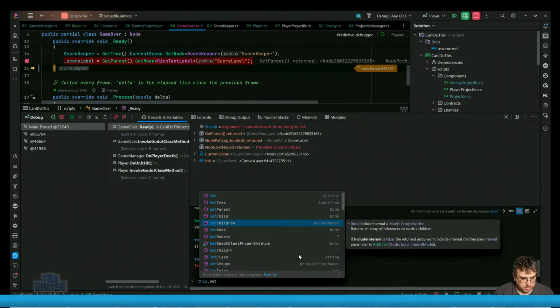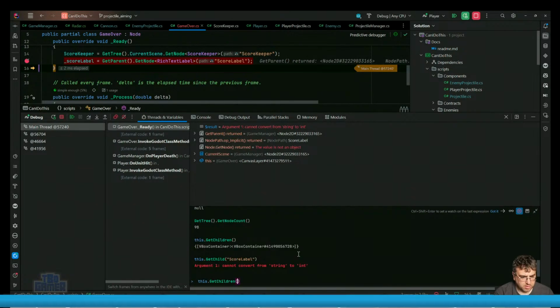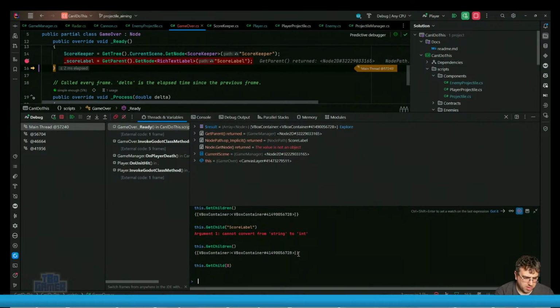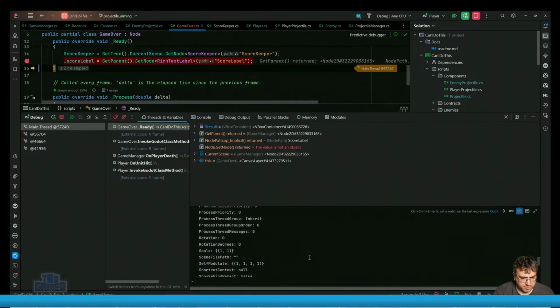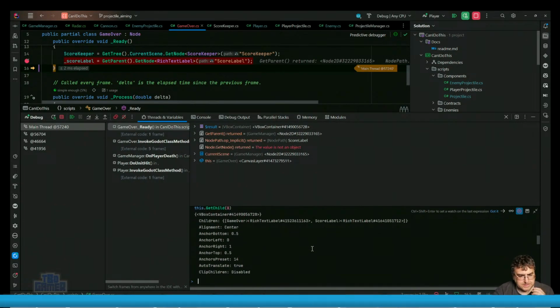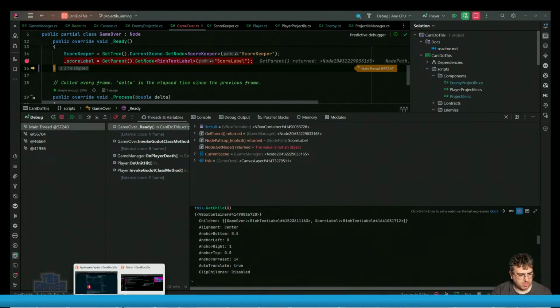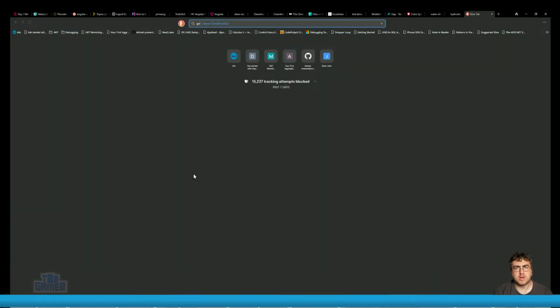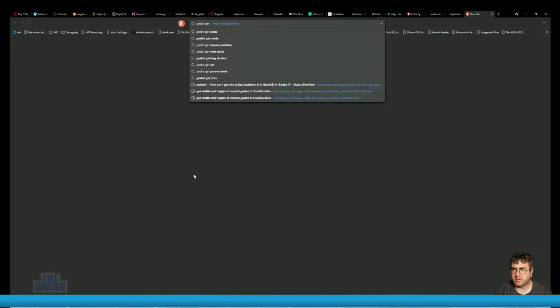Get children. But so I can't. How do I get a node? Godot get